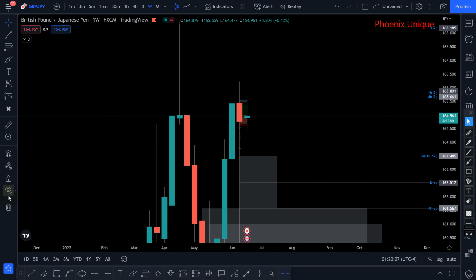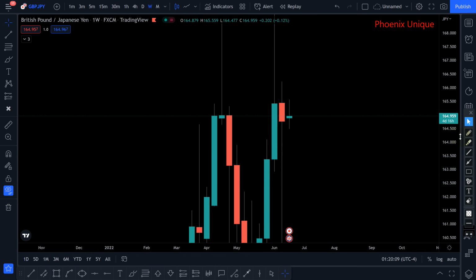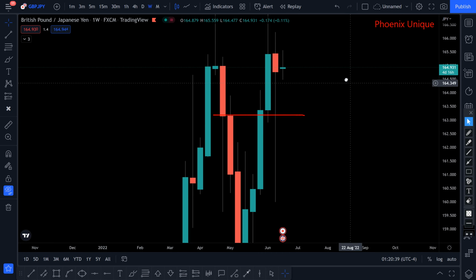Watch here. On the higher time frame, if this is our resistance, price closed back in the resistance. Now, this is a different strategy entirely. It's not like the strategy that I use for the 1 hour, 4 hour, 30 minutes, 15, 5, 3, 1. This one now, since this bearish candle closed back in this range, it is anticipated that what should happen,